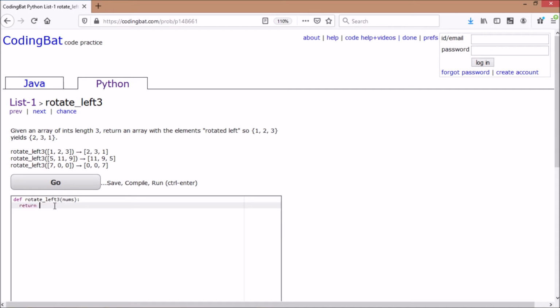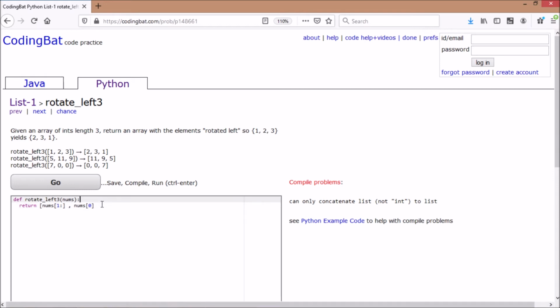Since we are not using any loops, we will start from 1 till the end, plus in the end we will put 0. This will combine them and make a list with the first element at the end. That's all it is doing, the first element at the end. So I did the same thing, I put the first element here and it should work. Oh, it's not concatenating. Okay, let's see if this shall work.